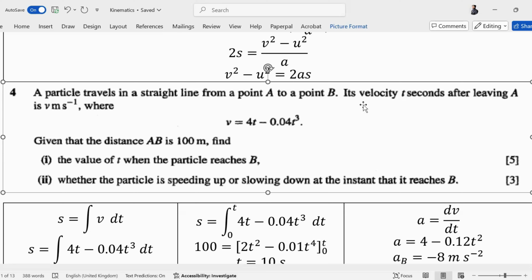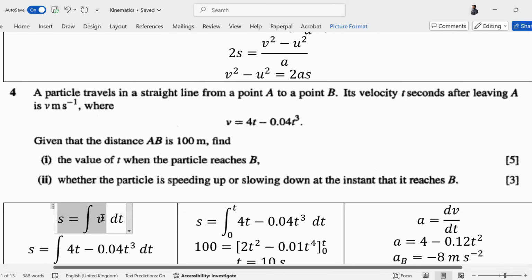We only know this. We have no idea उसकी velocity कितनी होती है. We don't know उसकी acceleration कितनी होती है. We don't know if the particle is at rest. We know nothing. We only know कि displacement is 100. So we'll need to develop an equation of displacement. How do we develop an equation of displacement from velocity? We will integrate velocity with respect to time. Integrate velocity. Tell me क्या आएगा, displacement.